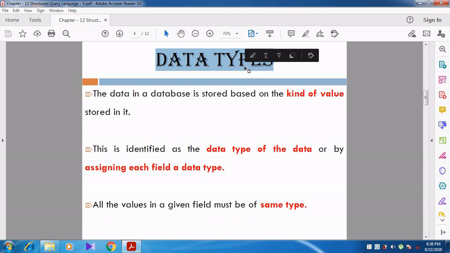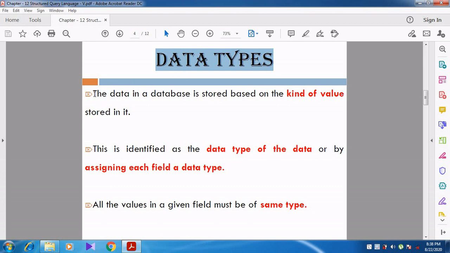So what is meant by data types? In 11th standard itself we might have studied this in C++. Data types mean each and every data will have a particular type. Each and every data is different, so there are different types of data types. We have discussed fundamental, derived, and user defined data types in programming languages. But in SQL also we have some data types, like integer, float, real. The same data types we discussed in programming languages also come in the database language SQL.